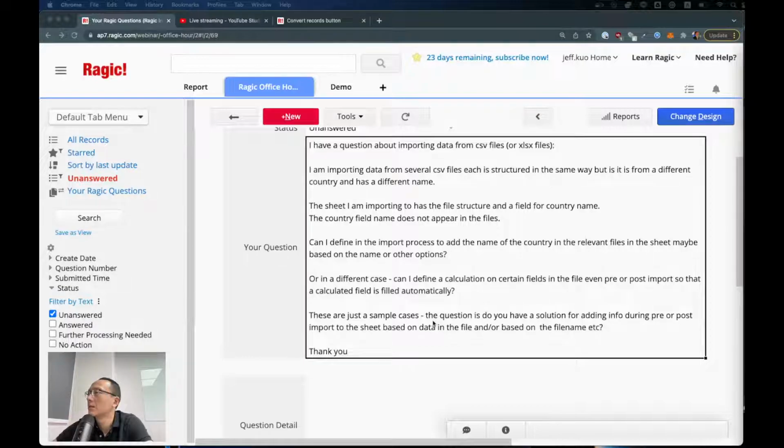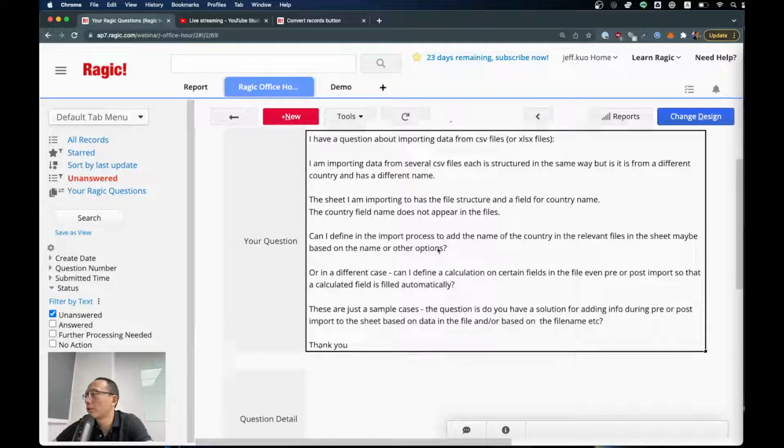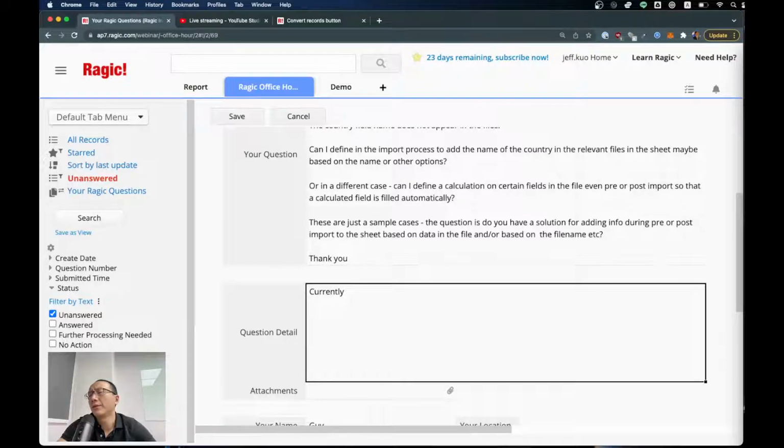Yeah, you could create a formula for that. Currently, there's no configuration in the import feature to create a new field